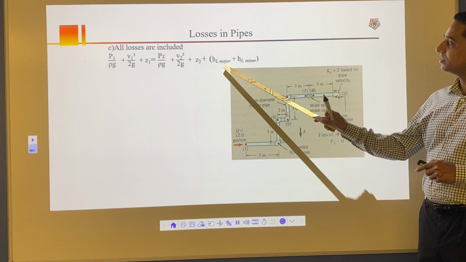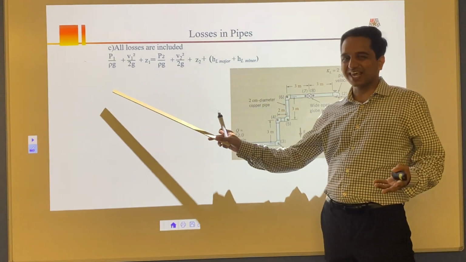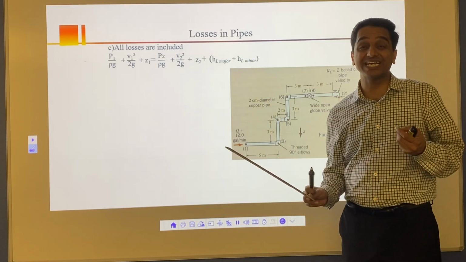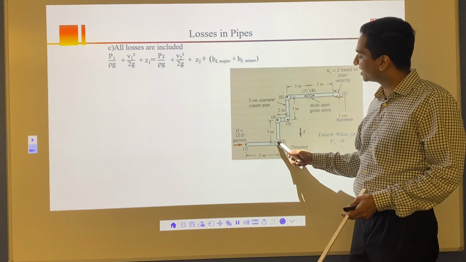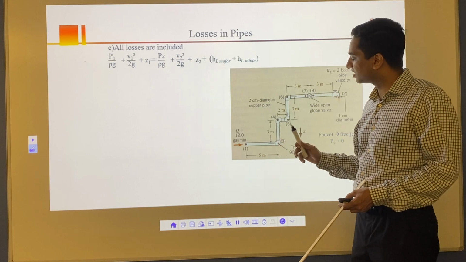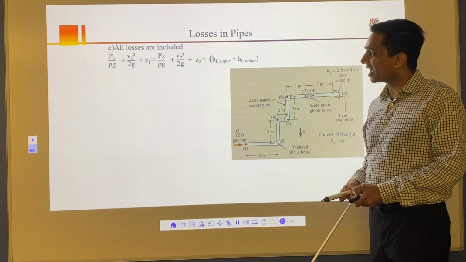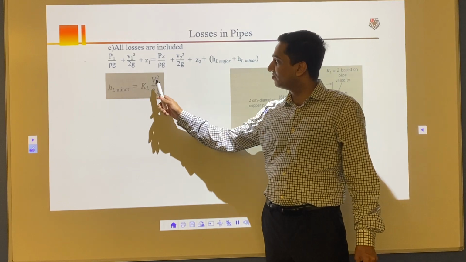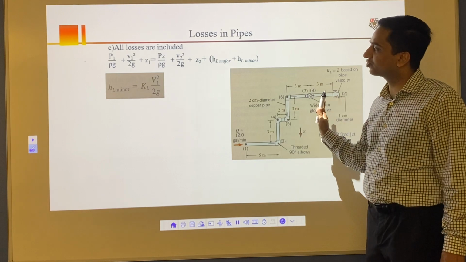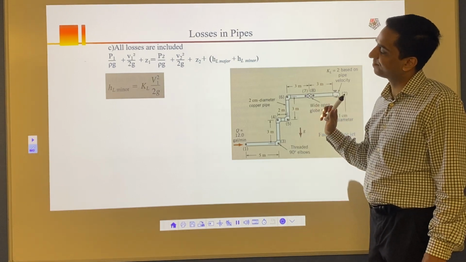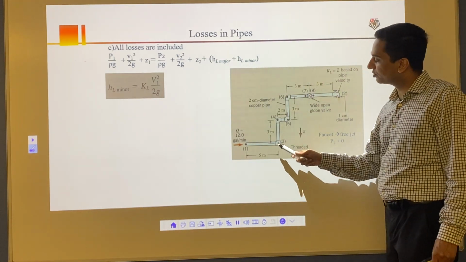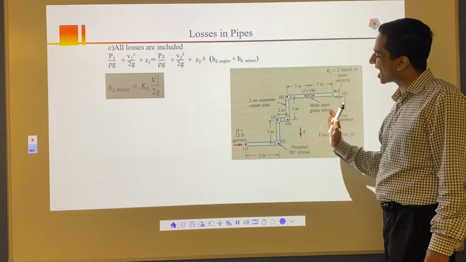Now here, HL major plus HL minor, the equation stays the same. I have HL major 6.2, I have to calculate HL minor. Minor loss is kinetic energy loss. So I'm going to lose my kinetic energy here, here, here, here, here, here, and that's the loss I have to calculate. So for minor loss, we have the formula KL V1 squared by 2g. KL is the loss coefficient, and throughout the velocity is V1, so I'm going to use that velocity V1 till the end. I'm going to add the loss coefficients here, here, here, here, here, here.